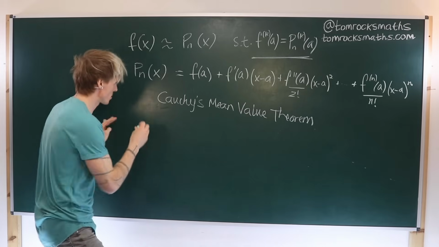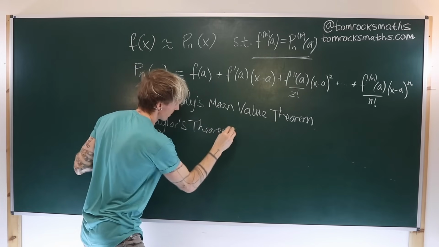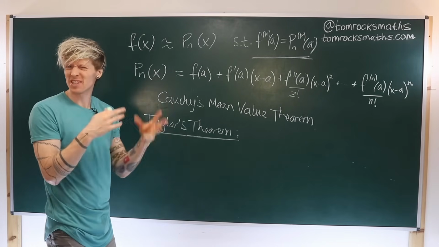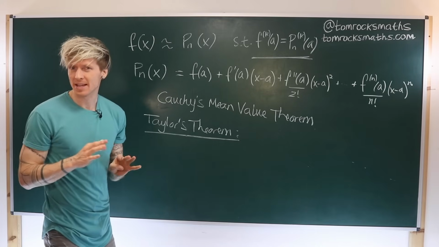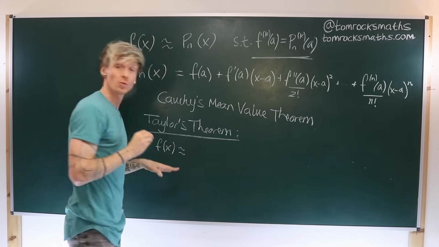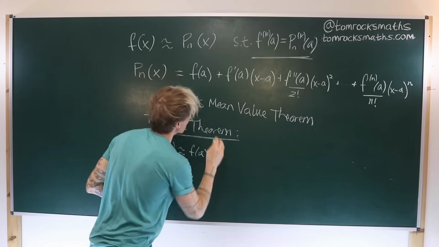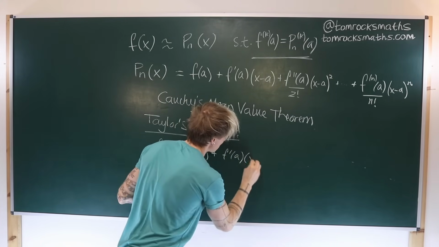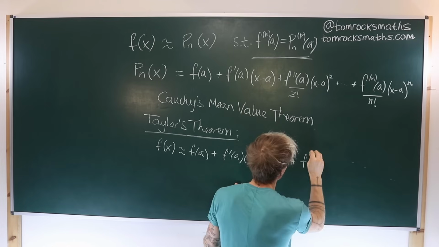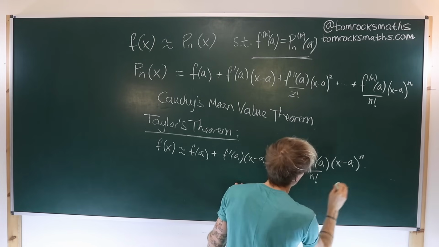So Taylor's theorem, which is ultimately what we're trying to get to here, basically says that for a differentiable function f, and this can be any function f, and we'll see various interesting functions in some examples shortly, we can say that f of x is approximately equal to this Pn of x. So it's approximately equal to f of a plus f prime of a times x minus a plus dot dot dot, and then we continue with f n of a times x minus a to the n over n factorial plus